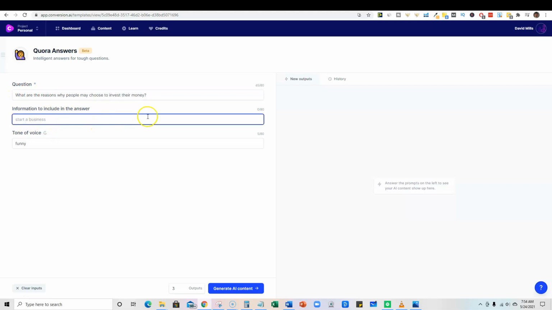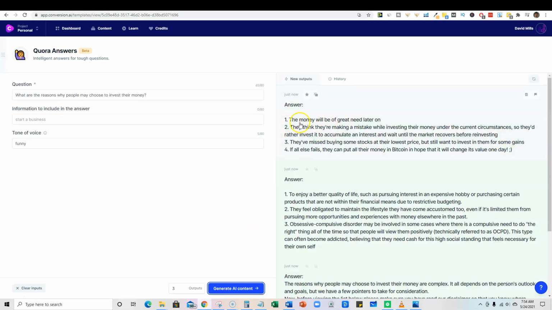You can fill this out if you want even more something specific in your answer. You can put that in there. I'm going to leave it. And I've actually been testing out Funny to see if it can have a little bit more humorous content. So we're going to push the generate button. It's going to go out there and answer our question for us. So yeah, I'll just read through it later on.